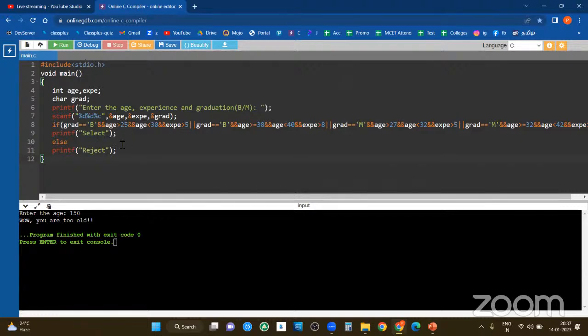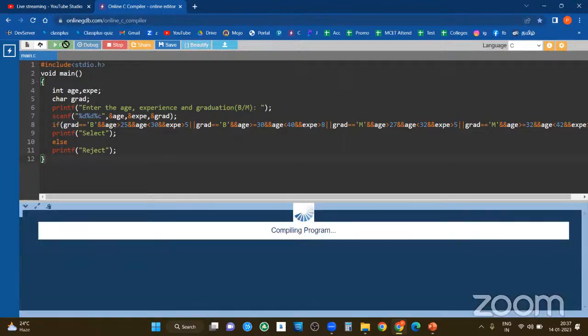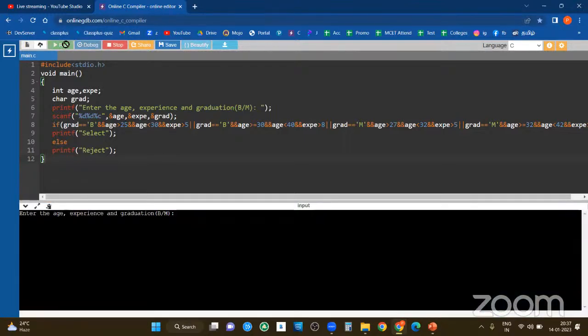But now, because of this use of logical operators inside the if statement, we have reduced the number of lines in which we are working out. So enter the age, experience, and graduation. So age, let us say it is 28. Experience 8 and